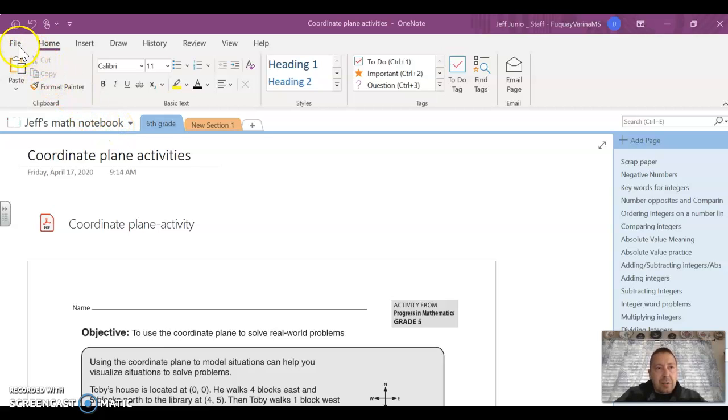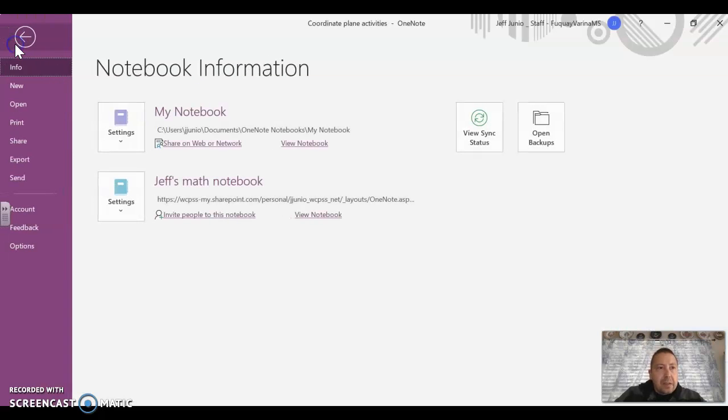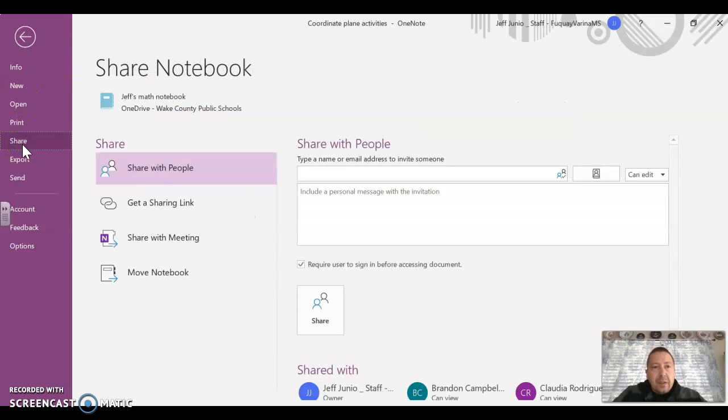So if you want to share it, you can go up to the top left, hit File, all right? And then we should come to this notebook information. So I'm going to share my Jeff's Math Notebook, and I want to make sure that it is saved to the OneDrive. So if it's shared to OneDrive, then I just scroll down the left side to put Share, and make sure where it says Share Notebook at the top, it says Jeff's Math Notebook,